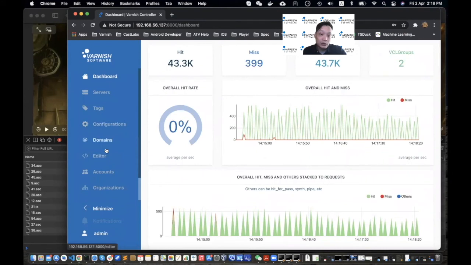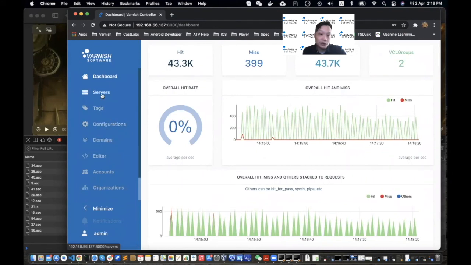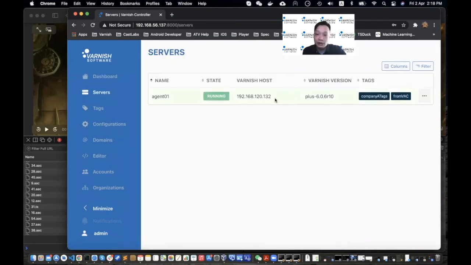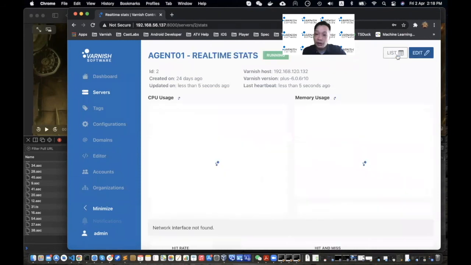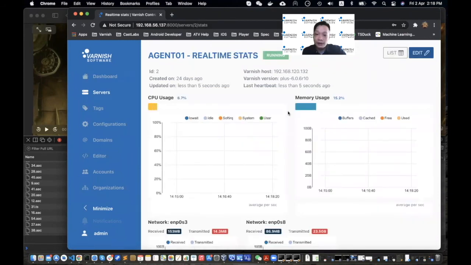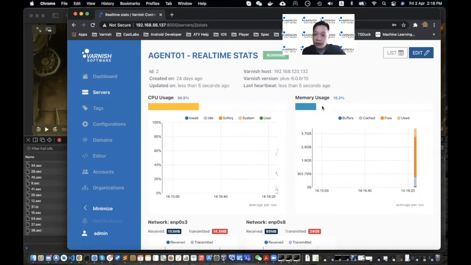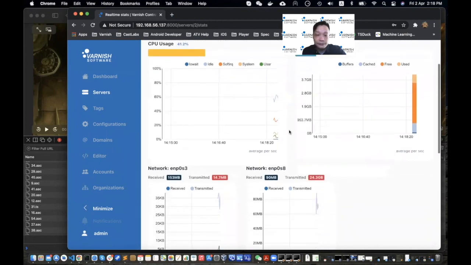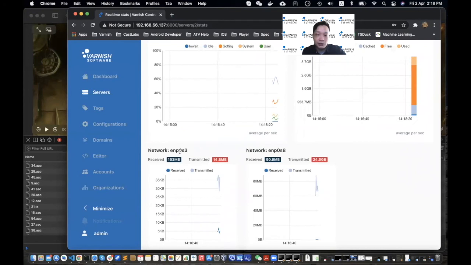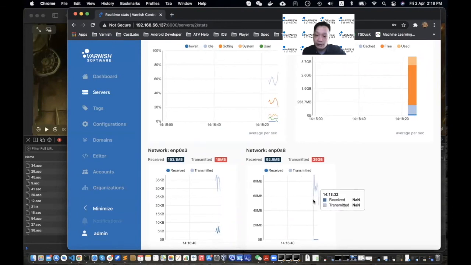And then you can also check the individual server's current real-time status. So how much CPU you're using to handle the traffic and how much memory is left to deliver the content, and the network interface bandwidth, egress and ingress traffic here. You can see receive and transmit, and also for another interface as well.